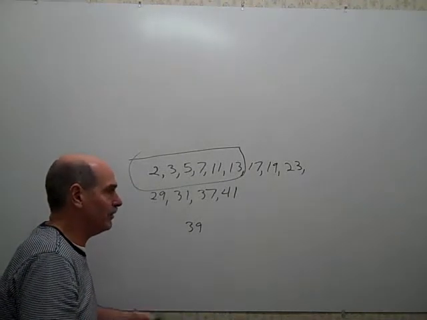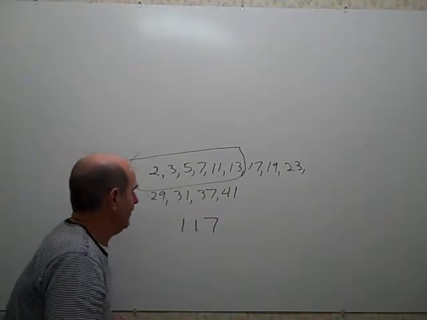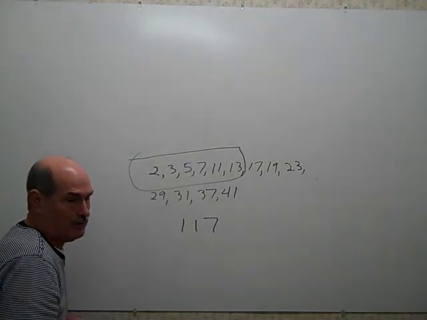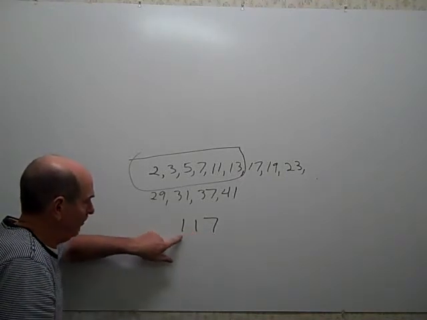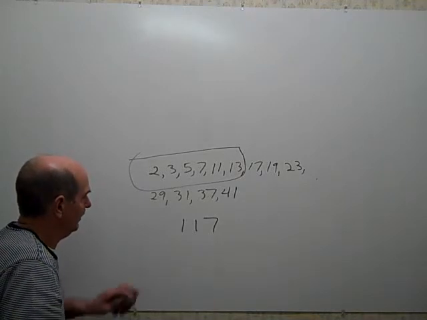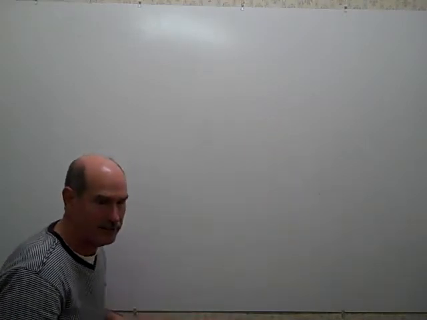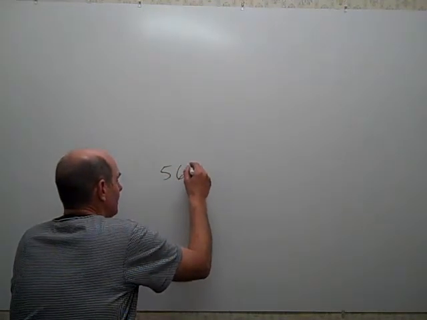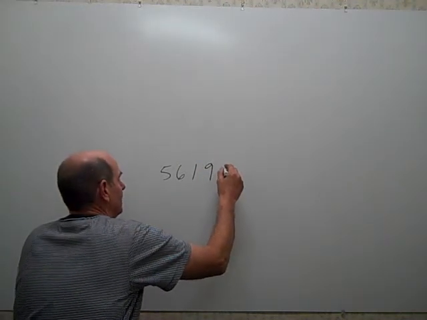If you have a candidate and you're not sure if it's prime or not, like, think about the number 117. It looks like it might be prime, but again, if you do the test for divisibility, you'll soon discover it's not prime. You know 2 doesn't go into it, but 3 does, because 1, 1, 7 make 9, and 3 goes into 9. I wanted to add one final thing here today, which goes back to lesson 4.1, the test for divisibility. If you have a rather large number, where the sum of the digits comes out to be a big number,